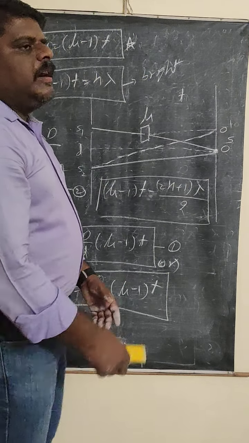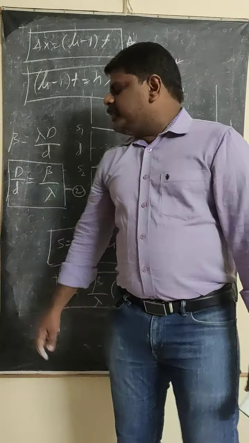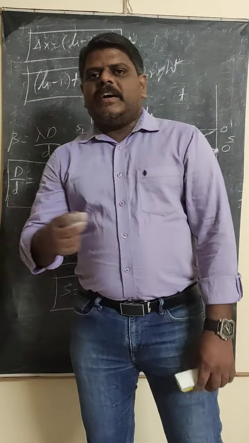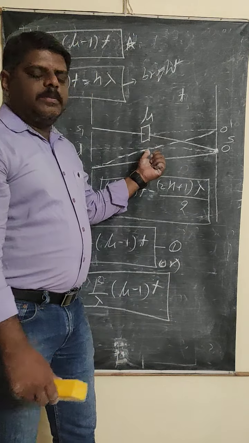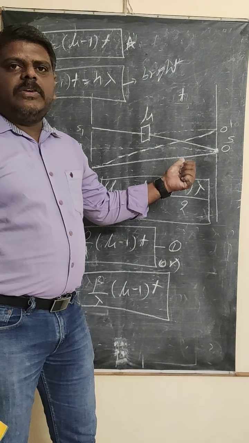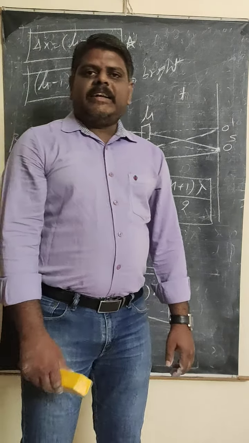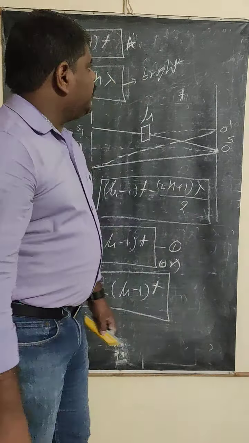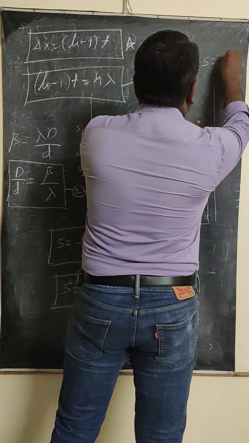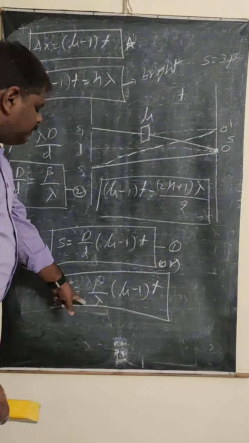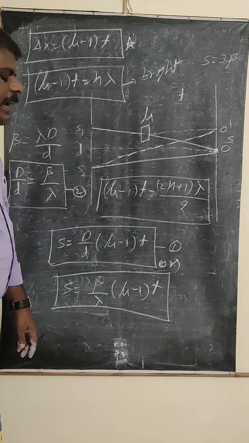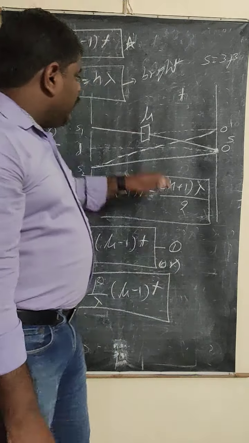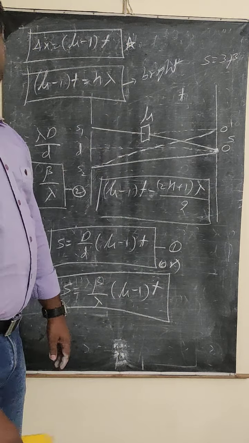So depending on the problem, whatever values are given to you, based on that you need to select the conditions. In case the central bright fringe is shifted by 3 fringes due to the introduction of a thin transparent glass plate, then you have to take S is equal to 3 beta. Then you can use this formula, beta will cancel, you can substitute the lambda, mu and t values, and you will get the shift. This concept is very, very important, all of you must remember.